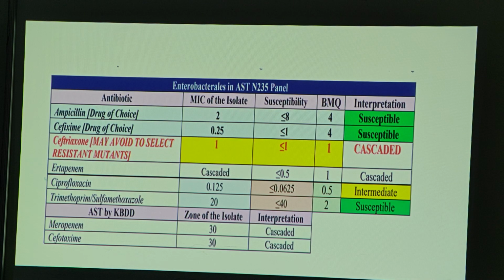This is very important, as sir mentioned in our workshop also. Even though the drug of choice for Salmonella in Harrison and other textbooks is mentioned as ceftriaxone, when we analyze the MIC and the breakpoint, nowadays ampicillin has become susceptible, because for a while we didn't use ampicillin. That may be one of the reasons. And the mutant selection window also we have to check. The MIC in this case, you can see, is 1, so that is a weak breakpoint. If you use ceftriaxone at that particular amount, it will not cover the MSW of that particular variant. So in this case we particularly mentioned it. Last week also one case we discussed.